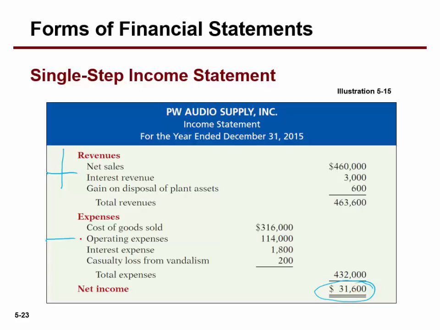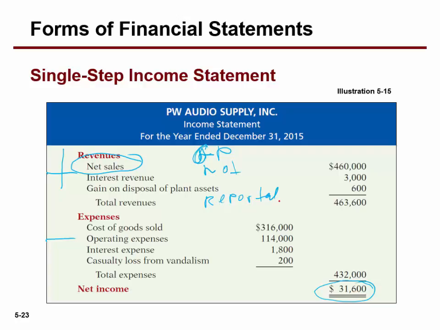So notice on here, we are starting with net sales, so we're not going to report out the discounts or the returns. And notice, we do not report gross profit. Gross profit is not reported because there's nowhere to put it. We're taking all of the pluses, putting them together, and then taking all the minuses and putting them together, aren't we?